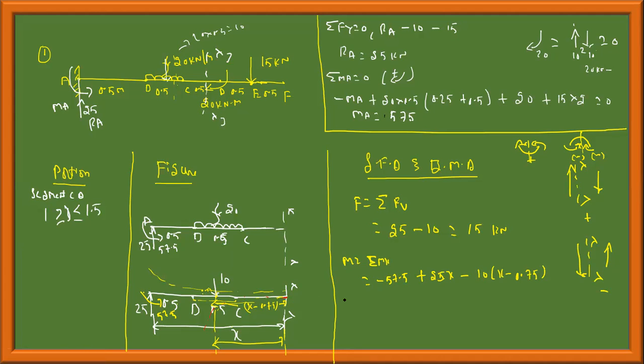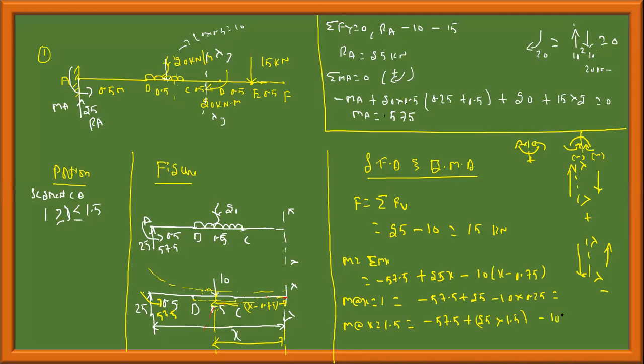Okay, next, moment at x is equal to... I have taken all the terms to check it out, so there should be no confusion if I leave out any term. Moment about this ranges from 1 to 1.5. Moment at x equal to 1 is equal to minus 57.5 plus 25 minus 10 into 0.25. You tell me this value. Moment at x equal to 1.5 is equal to minus 57.5 plus 25 into 1.5,